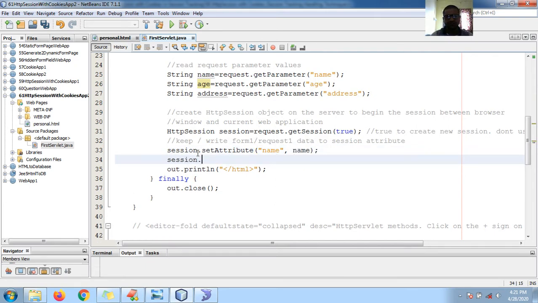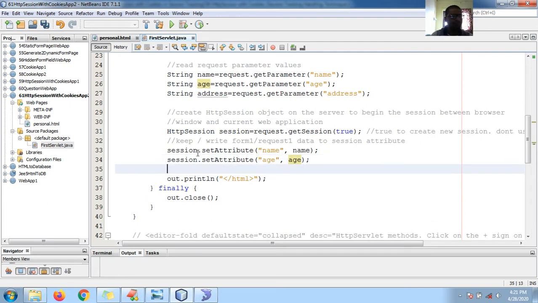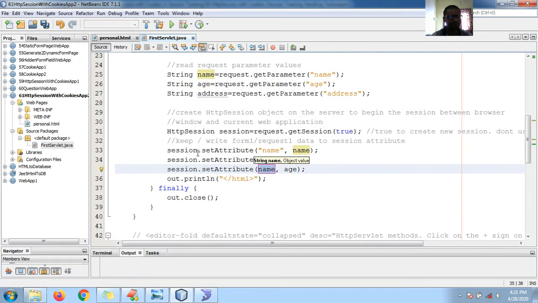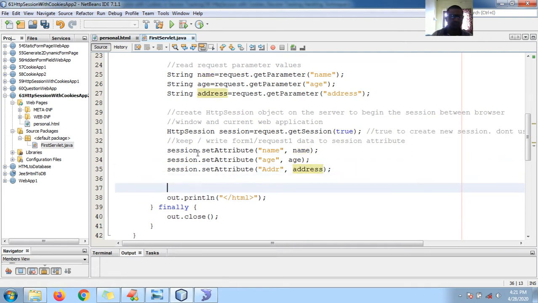Session dot set attribute, age, and here is age. Session dot set attribute, let me keep address here, and here is my address. So now we have kept the request attributes in the session. Okay guys,